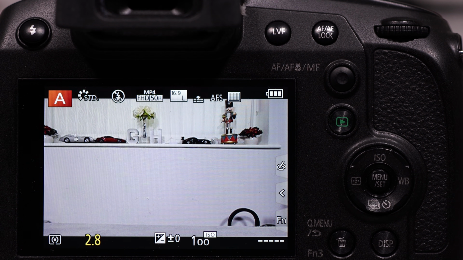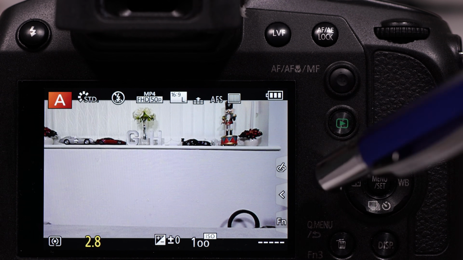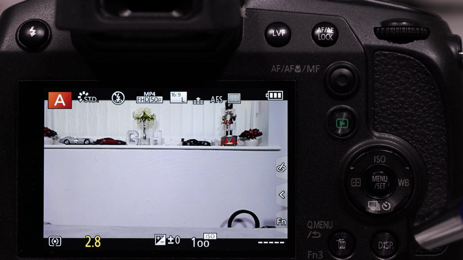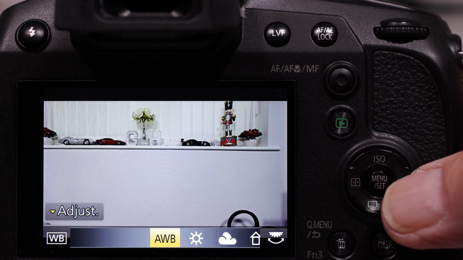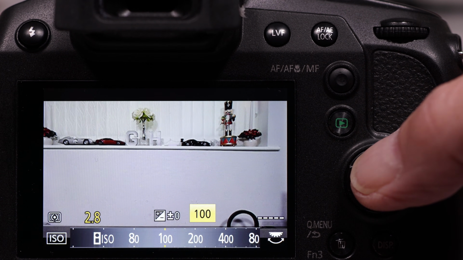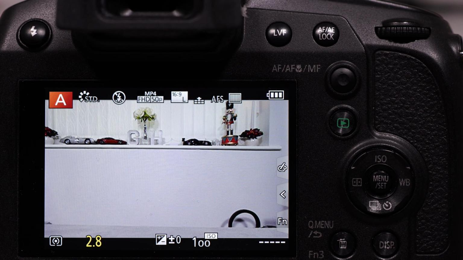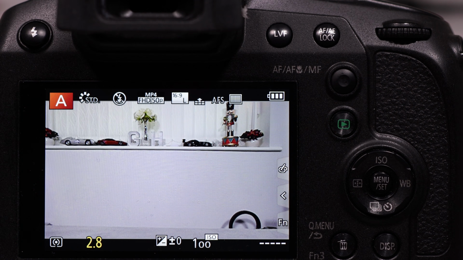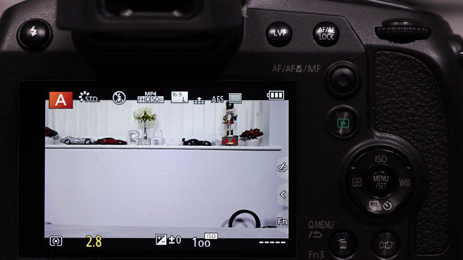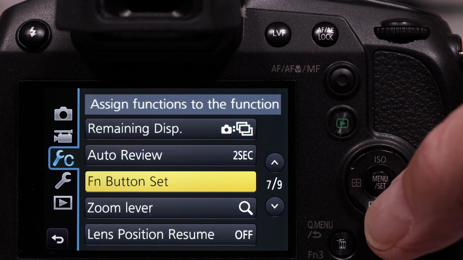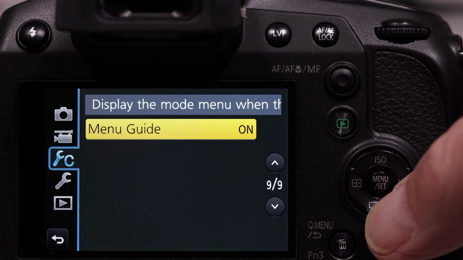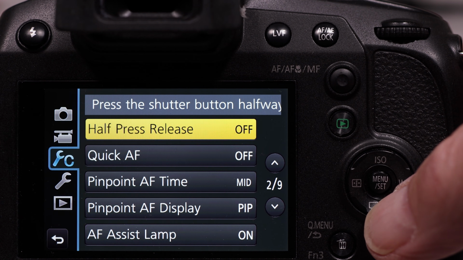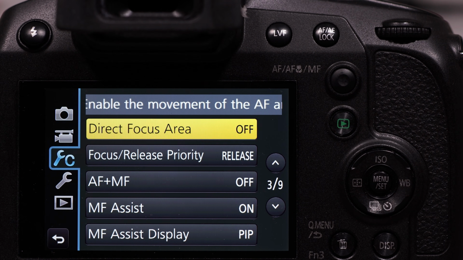Now by default you'll notice that the cursor dial with ISO, white balance, drive mode and the focus area select does exactly as you would expect. It sets white balance or you set the ISO. Now, judging by your comments regarding the use of the 4-way navigation dial and it not being able to respond to setting white balance or ISO, what I feel has happened is you've gone into the menu, and in the setup you'll notice that we've got a page 3 direct focus area.